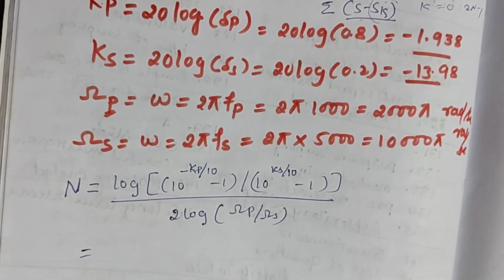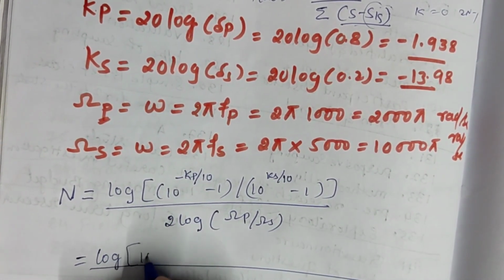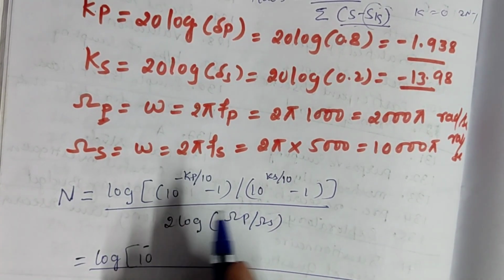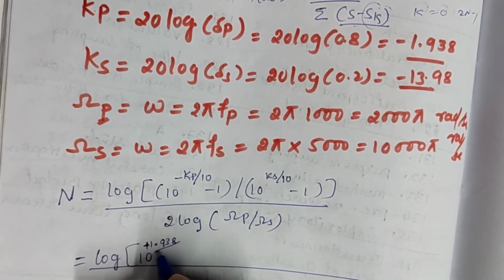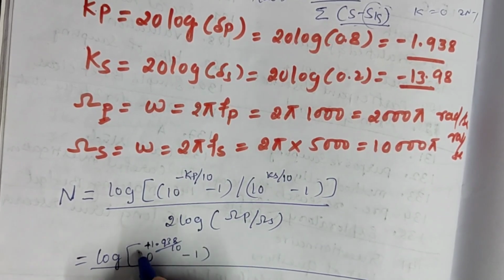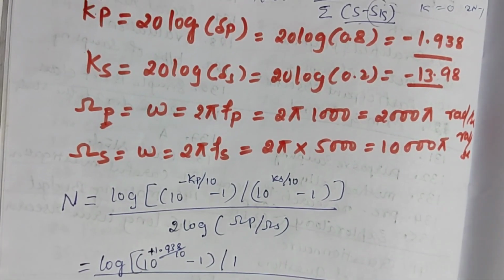Now once we substitute all the values here, it is a ratio of log of 10 to the power of minus Kp, which is plus 1.938, by 10, minus 1, divided by 10 to the power